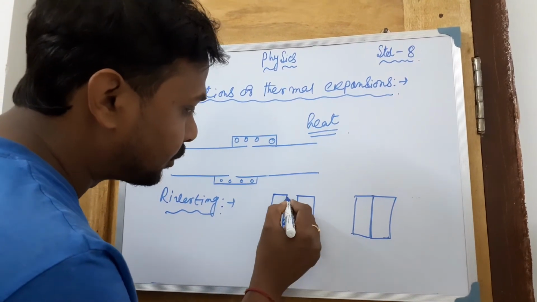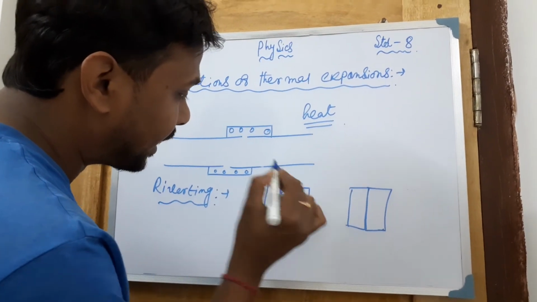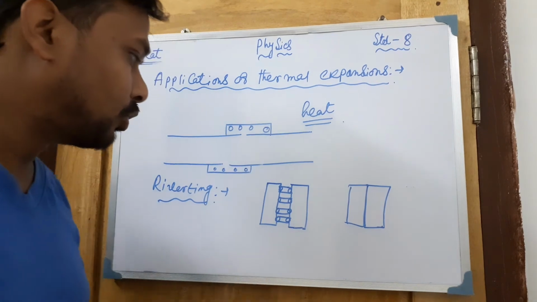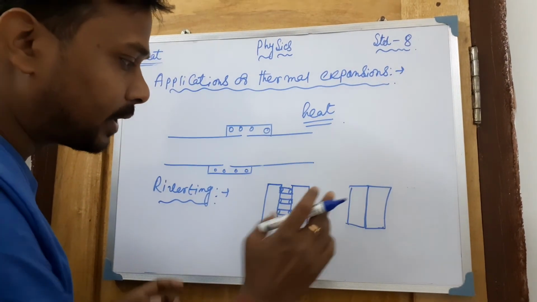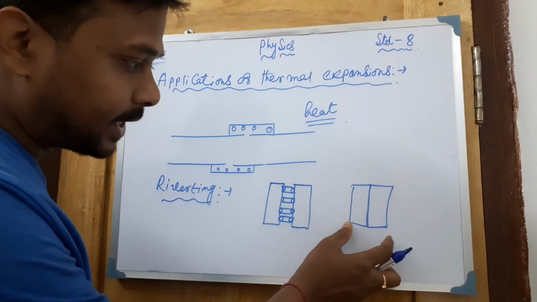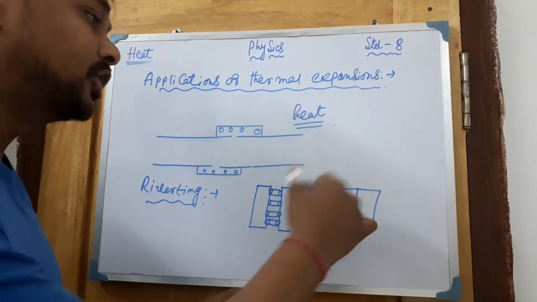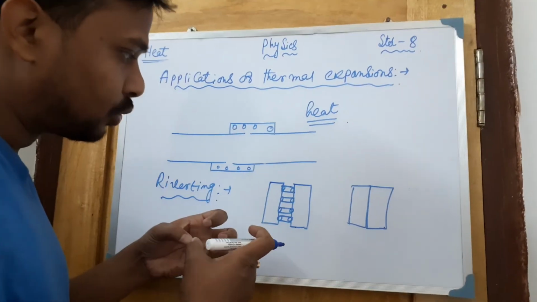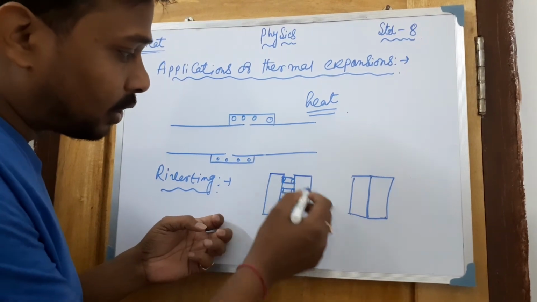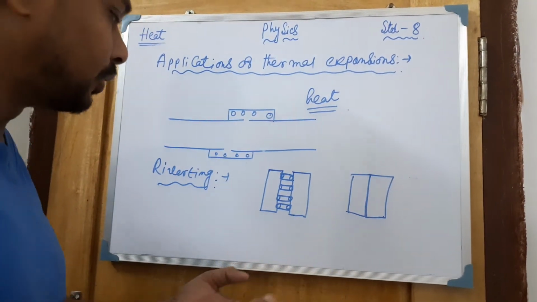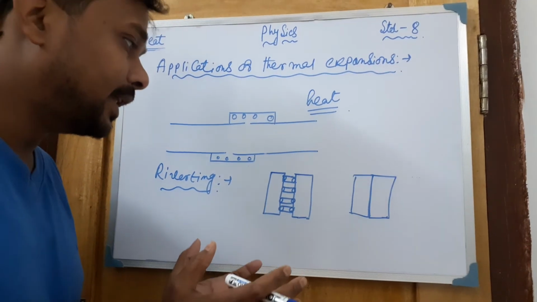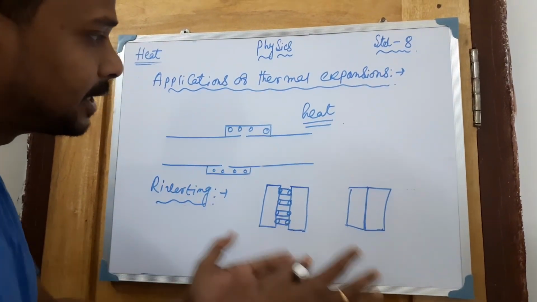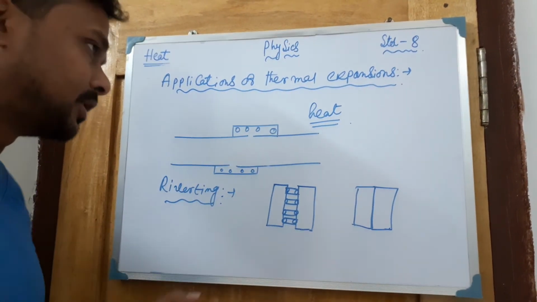What type of thing is happening? Suppose in the case of a boiler in thermal plants, due to the huge amount of heat of water, heat will be supplied to it. As heat is supplied, if they are like this, then they can bend and change their shape because of the thermal expansion. But if riveting is present, the screws which are tied in between them will not allow that much heat to bend this one. The metal will not bend at a particular position. So that's why riveting is very important in the case of thermal expansions, okay.